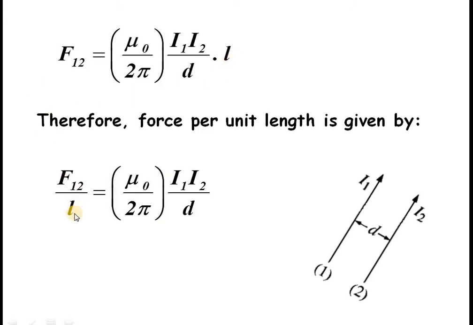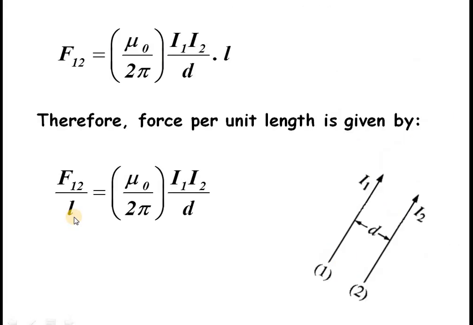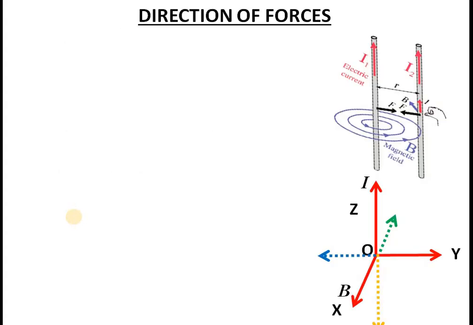So we get F12 by L, the force per unit length, will be equal to mu 0 upon 2 pi I1 I2 by d. Now this is more specific and its unit will be Newton per meter. So schematically it is shown here. Wires are here. So force on wire 1 due to 2 by L. So this formula is very obvious, and this gives the expression for the force on wires, and magnitude wise both are equal, but not the direction. So let us talk about the direction also. Let's try to find the direction of these forces.